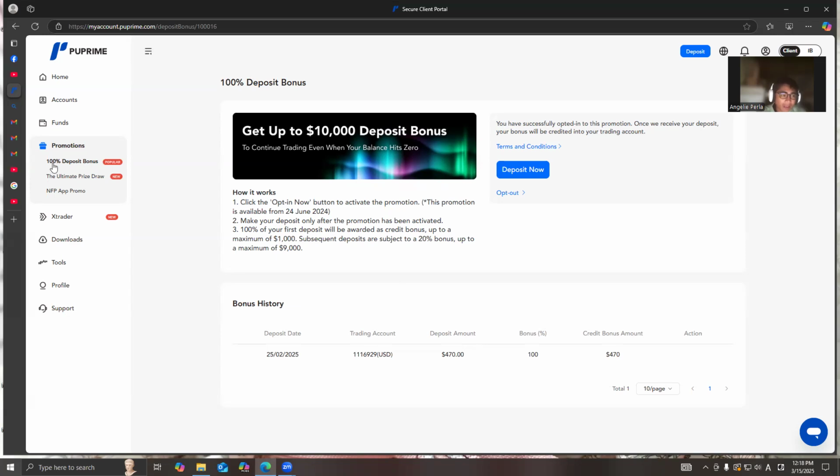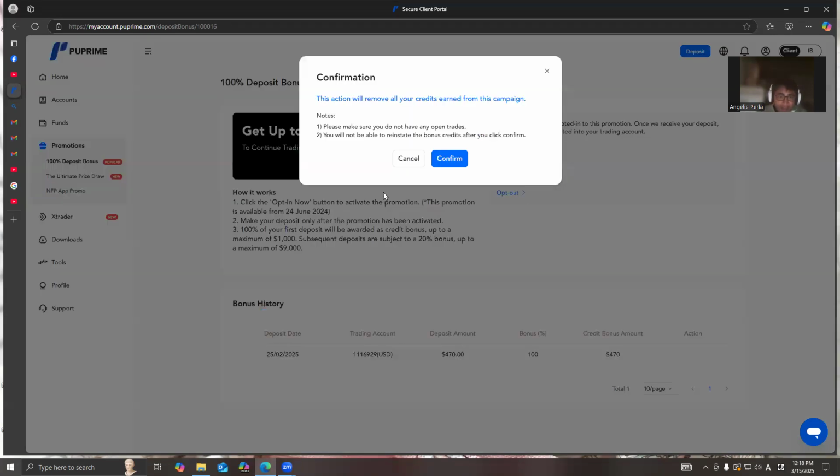So once you click the 100% deposit bonus, you will see an icon of opt out right here. As you can see right here, opt out. So you need to cancel this, or turn it off. Please make sure you do not have any open trades.